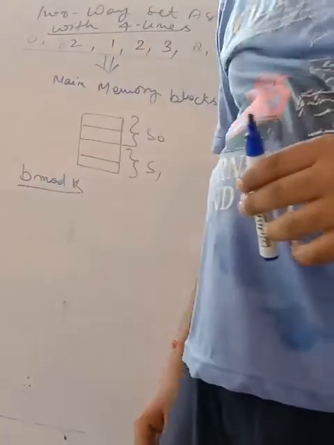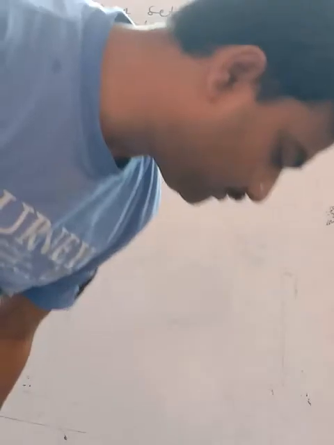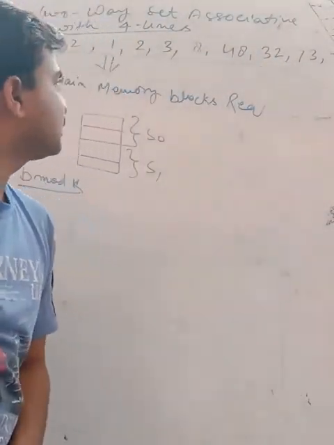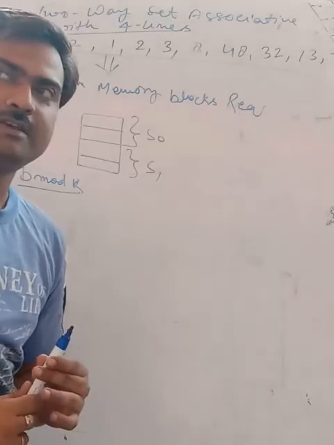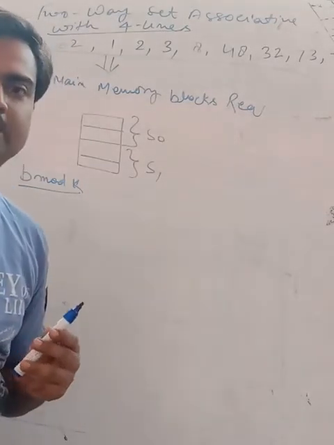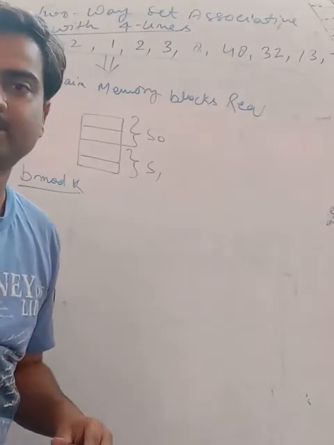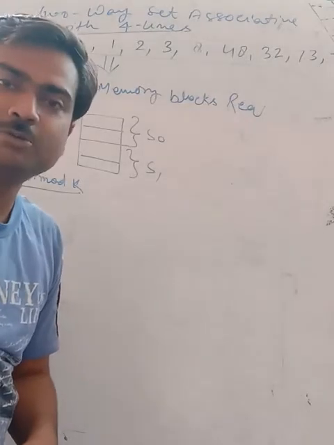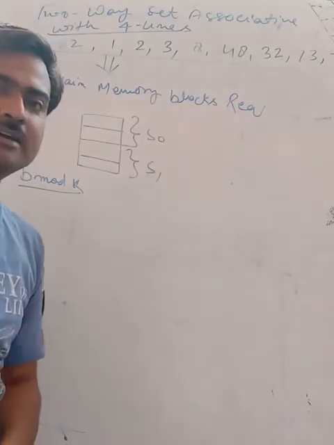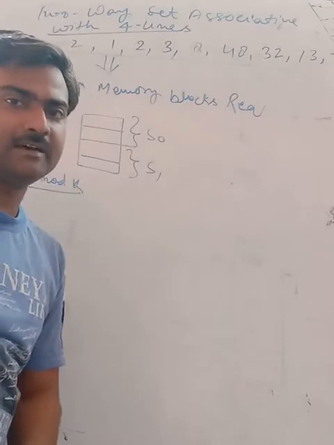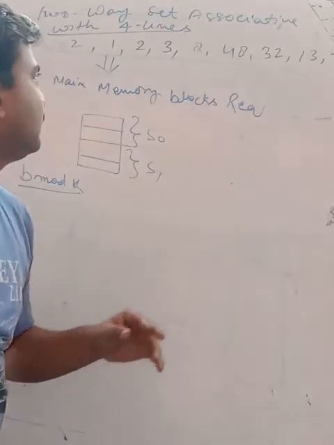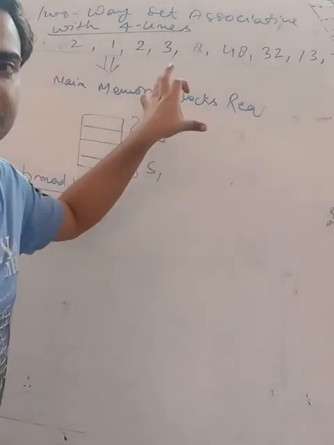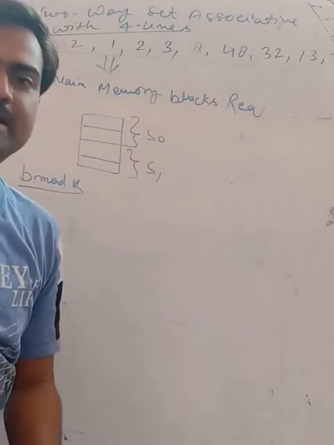Hello students, in this session we are going to discuss the first in first out scheme for cache replacement. As in the previous lecture, I discussed what the cache replacement policy is and how it works. There are basically four types of cache replacement policies: first in first out, least recently used, most recently used, and random method. Now we have an example, and here we will apply the cache replacement policy using the first in first out approach for a set associative mapping.